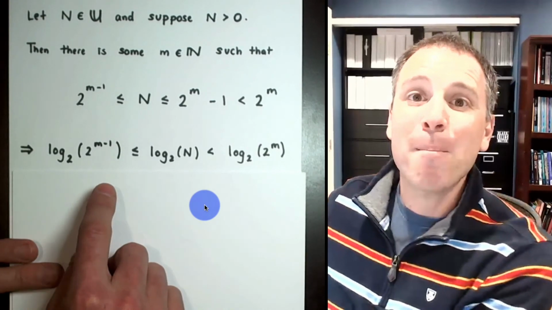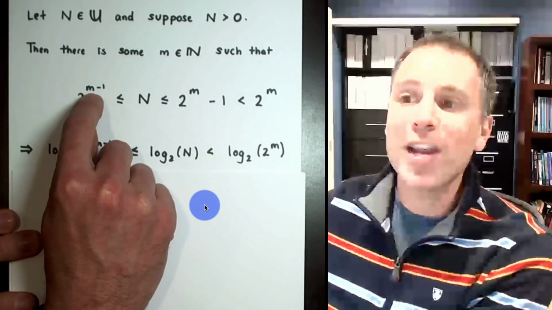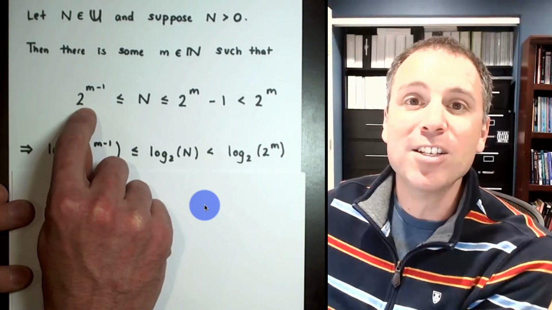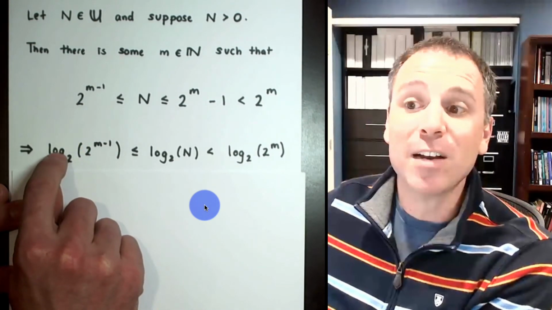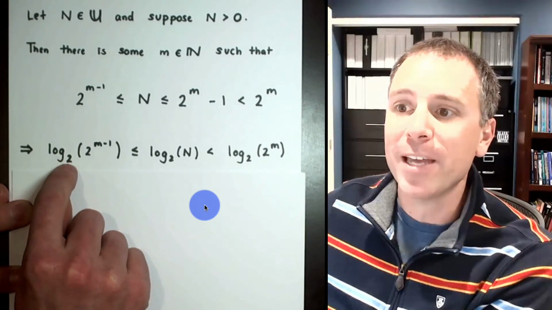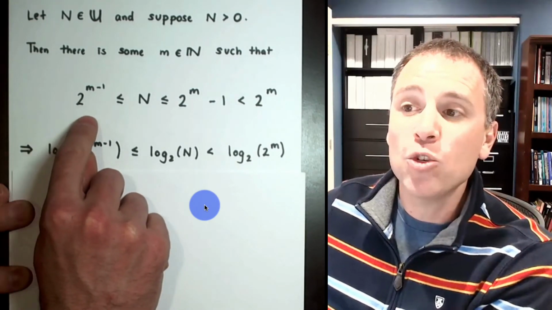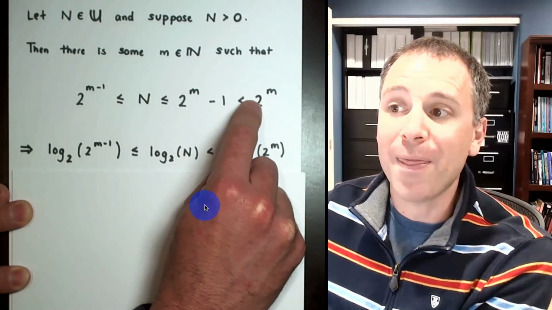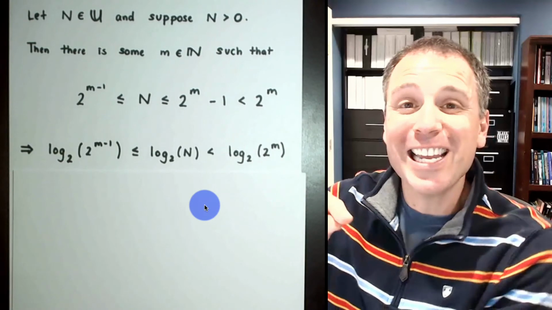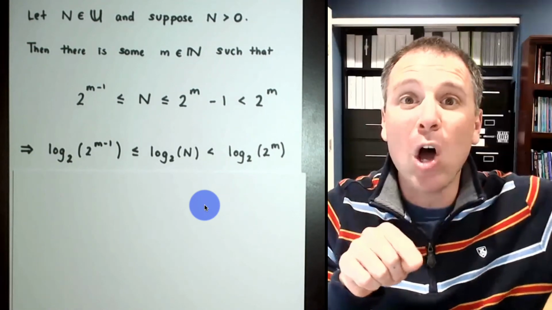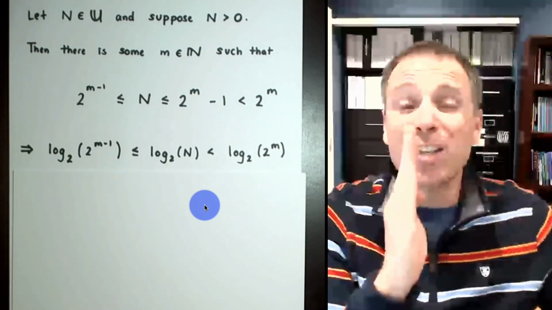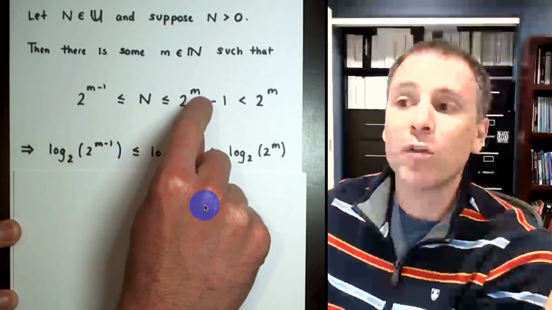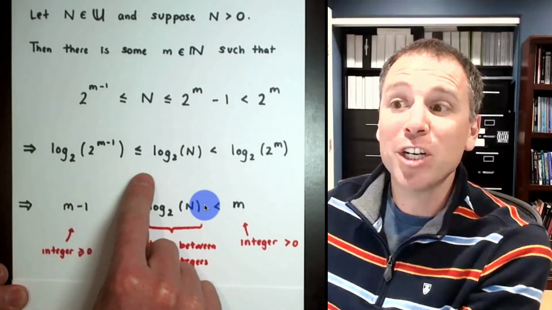Just like we did in the base 10 case, we can actually bring the exponent down in front or eliminate the base using logarithms. In this case, instead of log base 10, we're going to use log base 2. I'll take log base 2 of this entire inequality, this term, and that term. I claim log is an increasing function. So if we look at the way log actually behaves to the right of the y-axis, it actually increases. So log will preserve the inequality symbol, just as we've seen here.